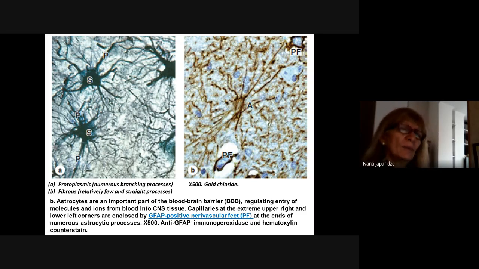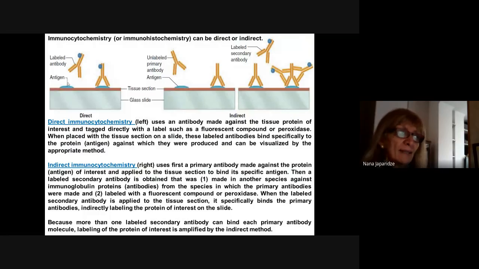I think I explained last semester what type of method this is. Here a specific type of antibodies against the antigen in the tissue sample is used. Such an antigen, a specific protein for astrocytes, is the glial fibrillary acidic protein, which is present only in the glial cells. Okay,